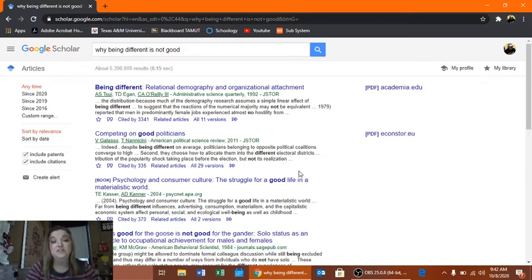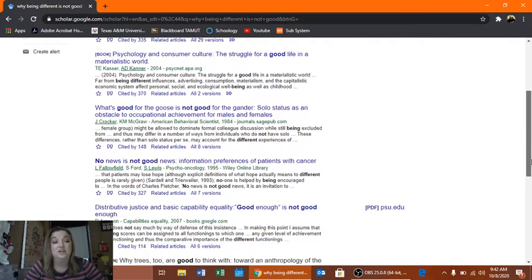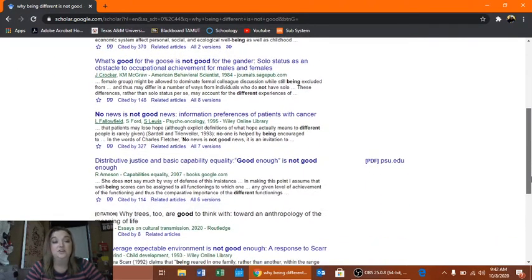Of course, you want to try and find an article that fits you. It's not going to specifically say being different is bad. You're going to have to look for an article that has the idea of being different within it and what it says about it. It's going to take some time and some research. Let's see if we can find one.